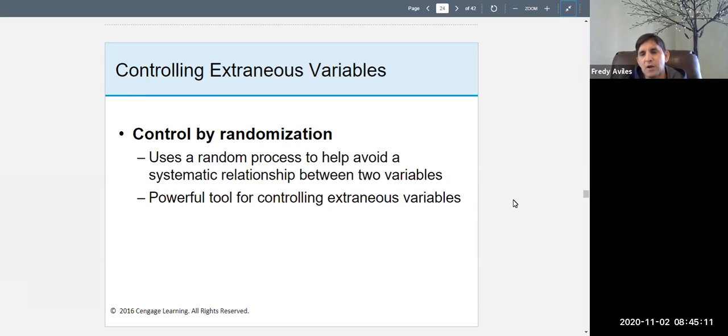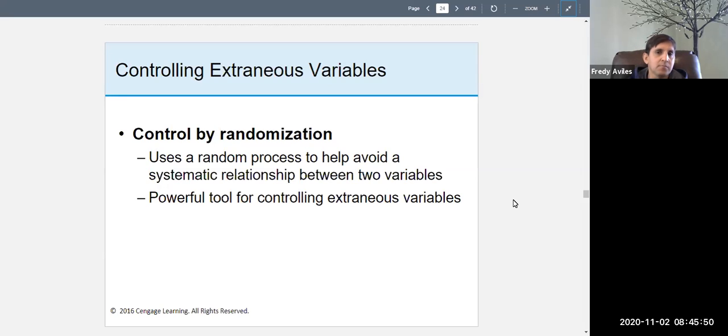Another way to get around this problem is to control by randomization. There are a lot of extraneous variables that could have an effect, and you can control by randomization. This simply means you use a random process to help avoid a systematic relation between two variables. So you make sure that sex varies randomly. Ethnicity is going to vary randomly. Age, IQ, all that stuff is going to vary randomly. If it varies randomly, then what happens is that over time,